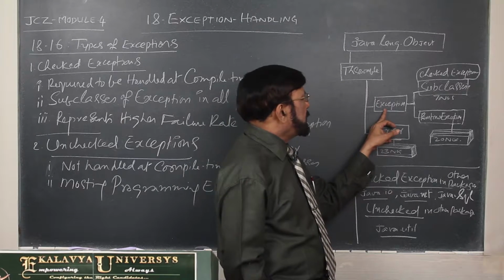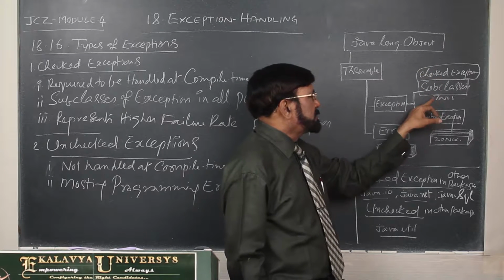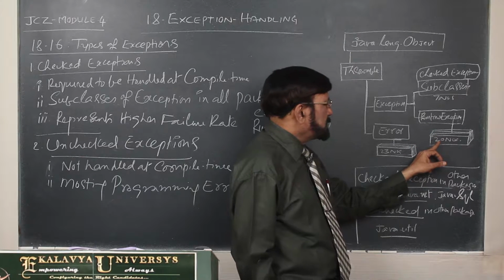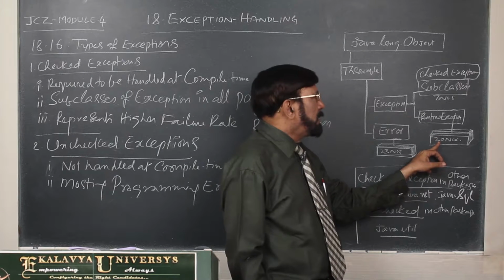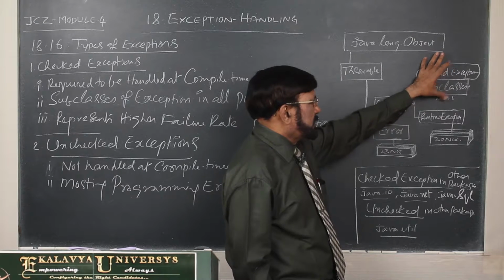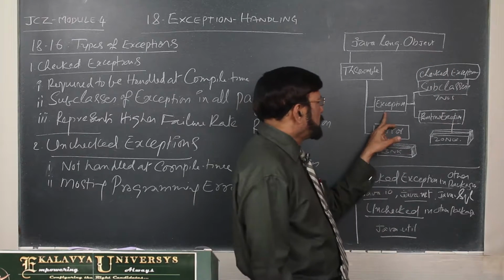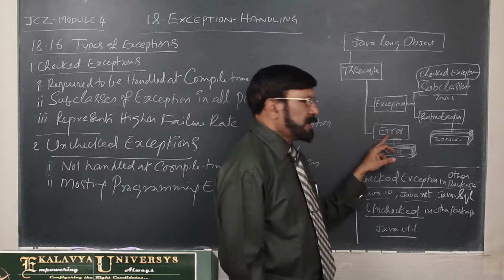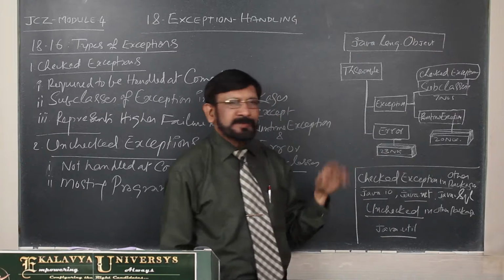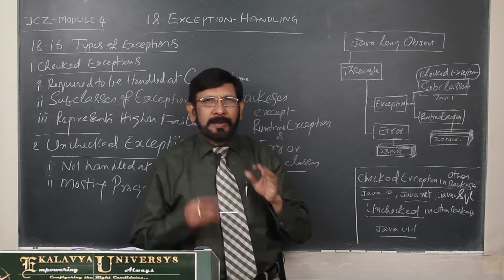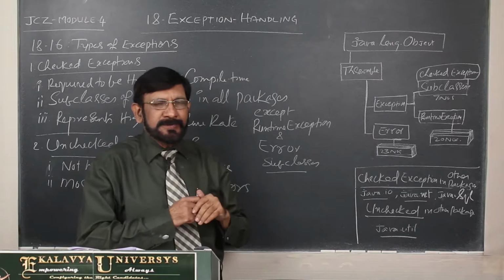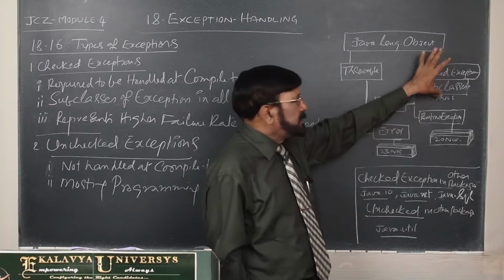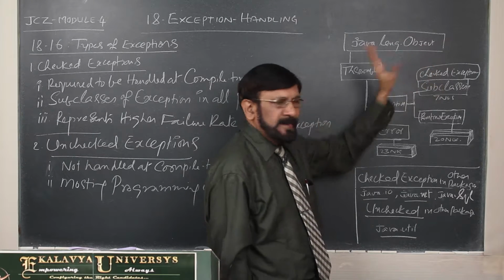And as far as exception classes are concerned, another classification is there, that is RuntimeException. RuntimeException has 20 subclasses and other exception classes are there, these are 7 in number. So, as far as the Exception class is concerned, these are the subclasses. As far as the Error class is concerned, there are 23 subclasses. Okay. Now, which are checked exceptions? That is your doubt. These are checked exceptions. These 7 are checked exceptions.